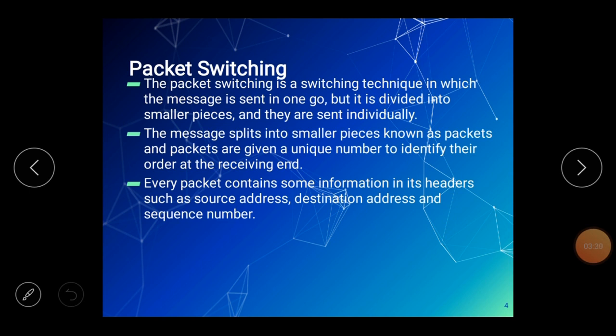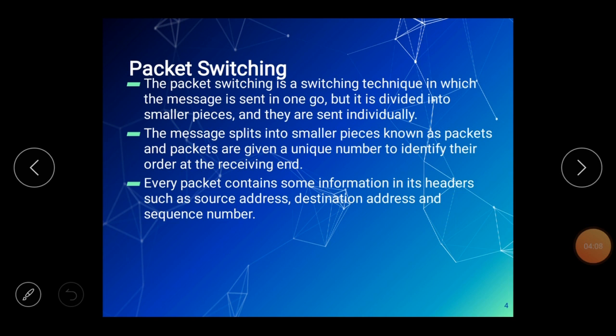Now try to understand the difference between these two with the help of an example that I am going to discuss with you all. Suppose that a group of 5 friends is going from place A to place B, and there are 4 or 5 paths through which you can go from place A to place B. So in the case of circuit switching, what will happen is that all of you friends select a path, say path B.